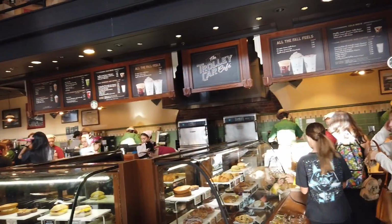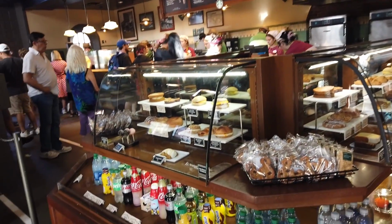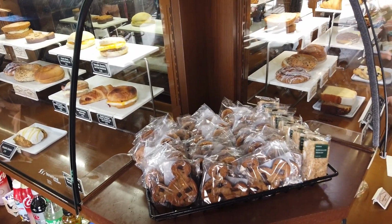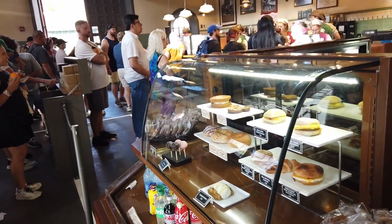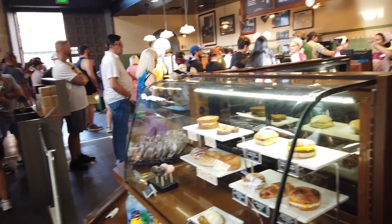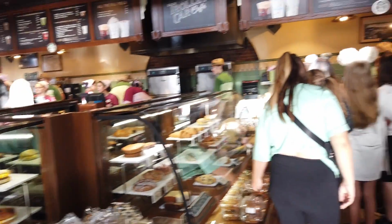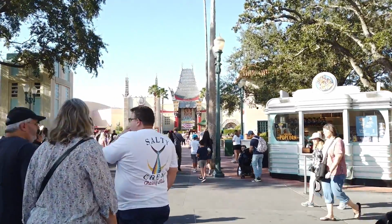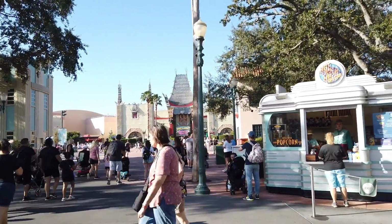So it has coffee, breakfast items, treats, other things. They do have some Disney specific things, so there's a Mickey cookie here. They have the normal cake pops, and they actually have the carrot cake cookie, which is a really big fan favorite treat here. So we're gonna keep going down Hollywood Boulevard, and we're actually gonna take a little bit of a right